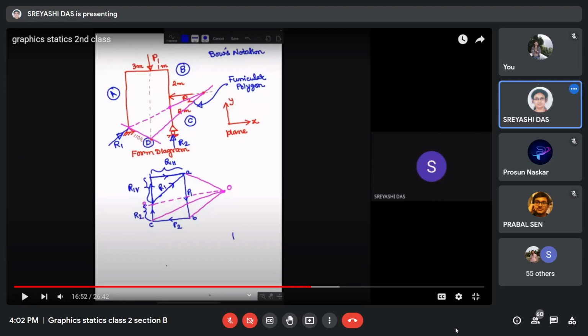Section A and B, did you understand the problem? How did the solution come about? Yes, ma'am. Anyone from A section, please tell: we started from that point, where the hinge joint is, right? So why did we do that? Ma'am, because we do not know the angle of R1, we cannot extend the line R1 at any angle, but any extension of R1 will pass through that point. That's why we start the funicular diagram from that point.